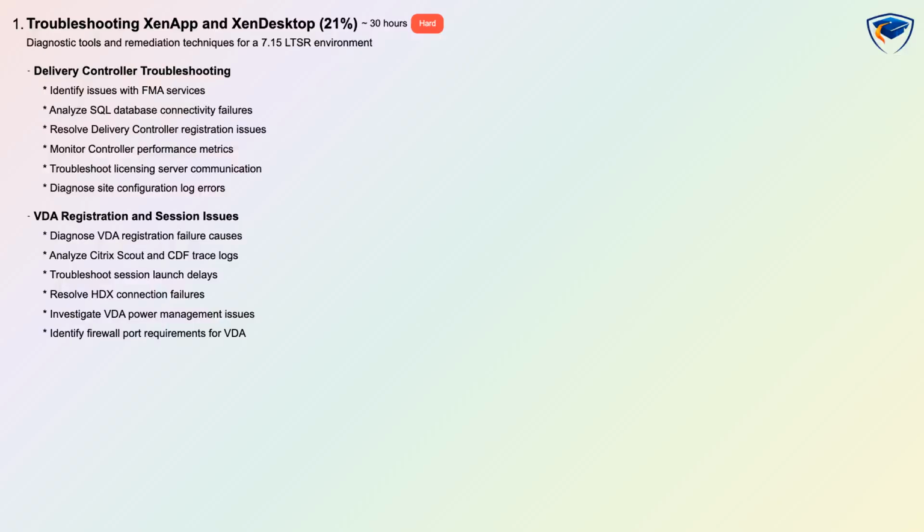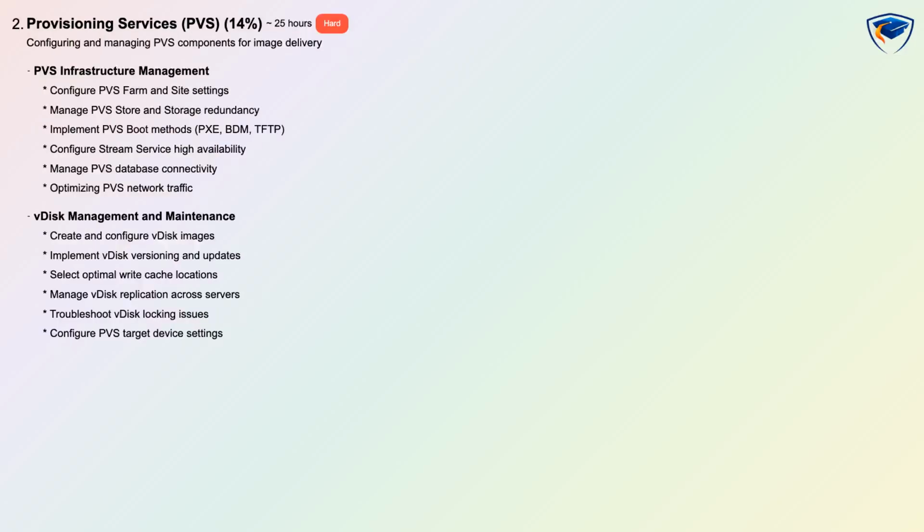Expect to analyze FMA service failures, SQL database connectivity, licensing communication, Citrix Scout and CDF trace logs, and session launch and HDX connection failures. Provisioning Services or PVS is 14%, hard difficulty, estimated at 25 hours and assessed with hands-on